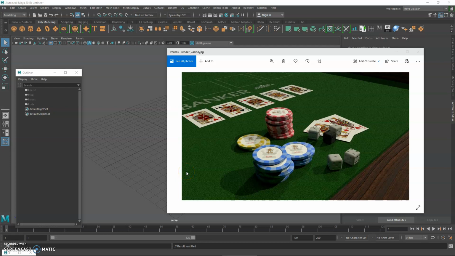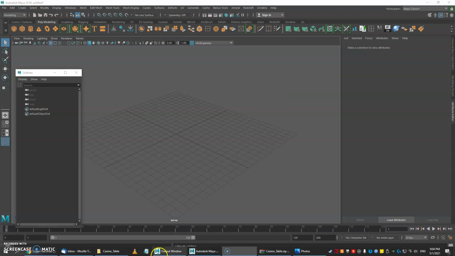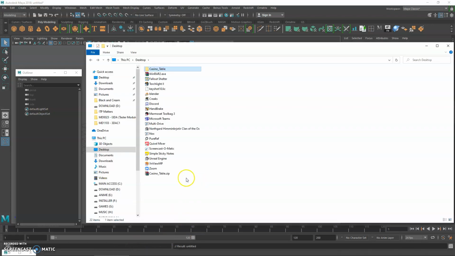So in this video, we're going to go through step by step on how to light this casino table and render it inside Maya. Before we start the exercise, first you must download the project file, which is on the blackboard. I already downloaded this project file. It should be labeled as